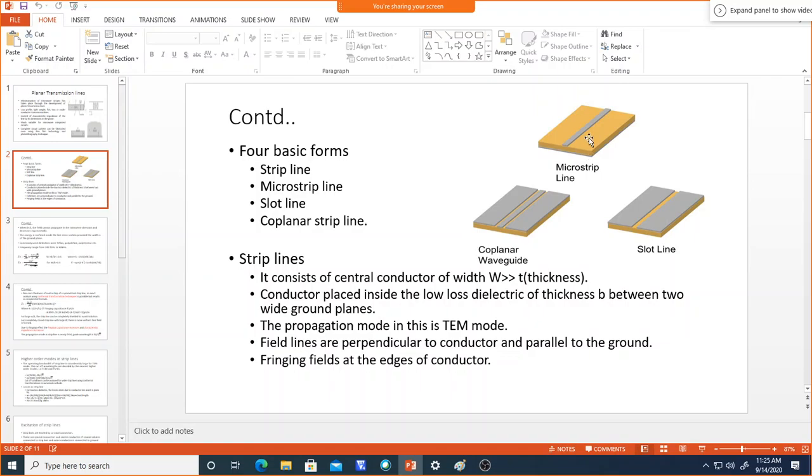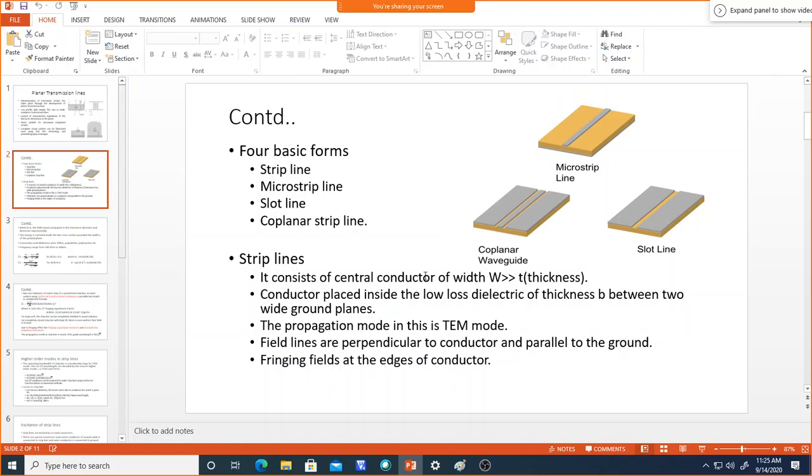So this is an example of a microstrip line, and this is the slot line. There will be a gap of etched-out conductive material, and the other two remain as they are and act as conductive material. So this is a slot line, and as I said, CPW is a coplanar waveguide structure, where there is a center conductor and a gap between the two other conductors, which are called ground planes.